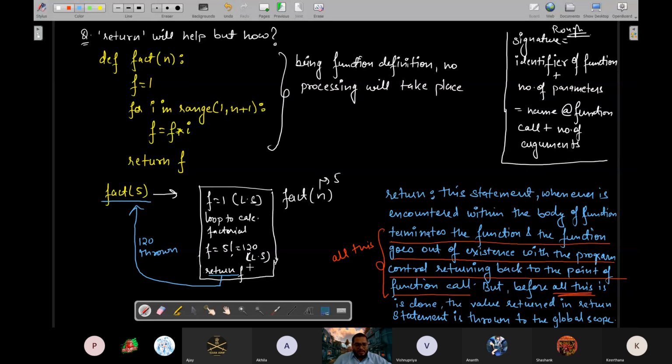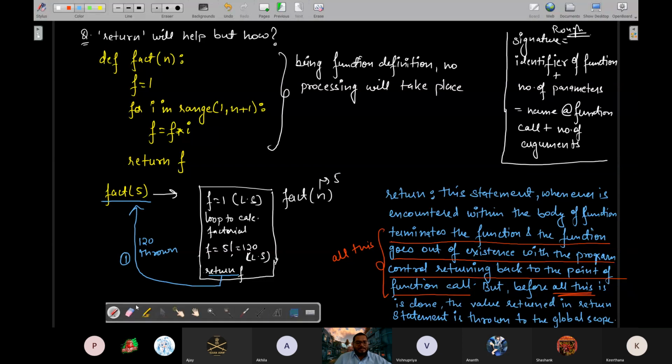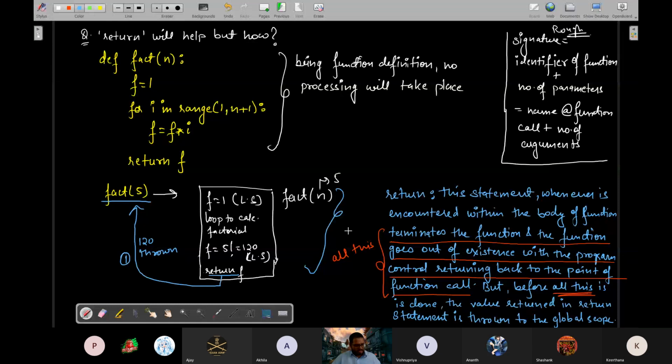Okay. Then this is the first step. Second step is destruction of function.